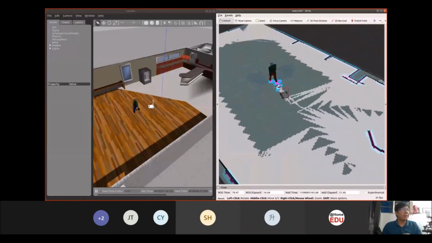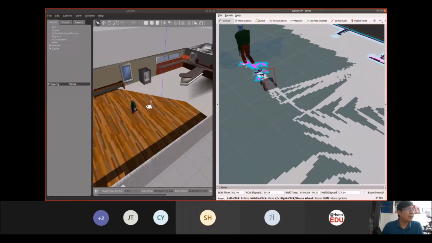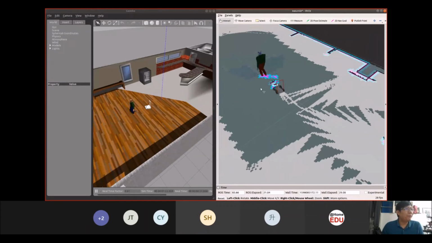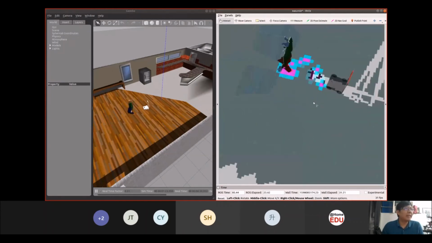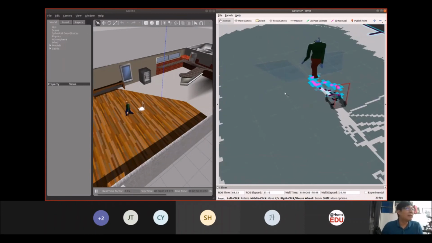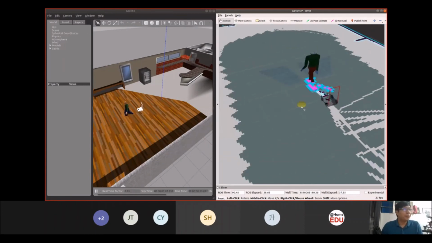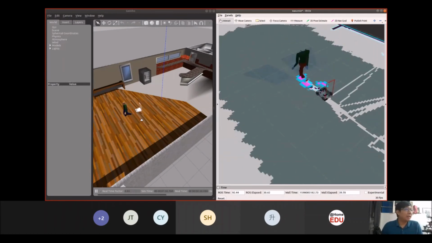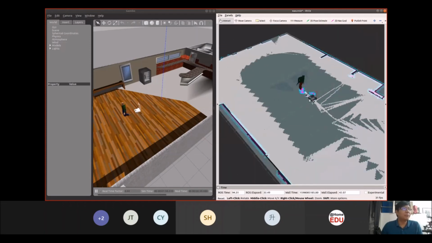You can see the laser actually detected the first blob over here, the human leg. So the robot will actually track it and follow it using a simple PID loop. You can see the animation is running over here, and the robot is following over here.